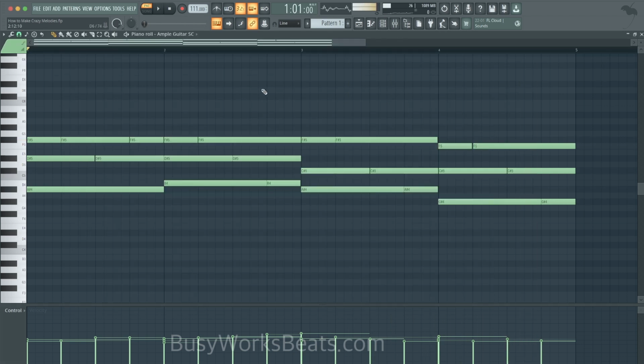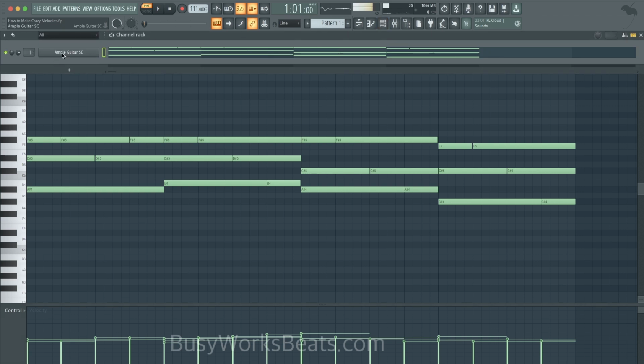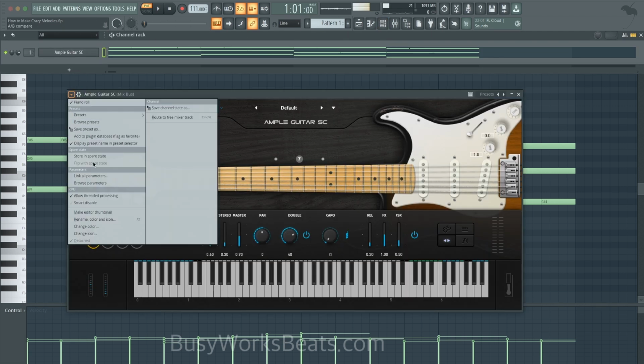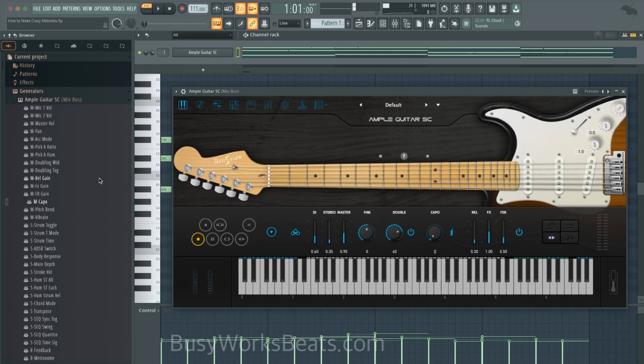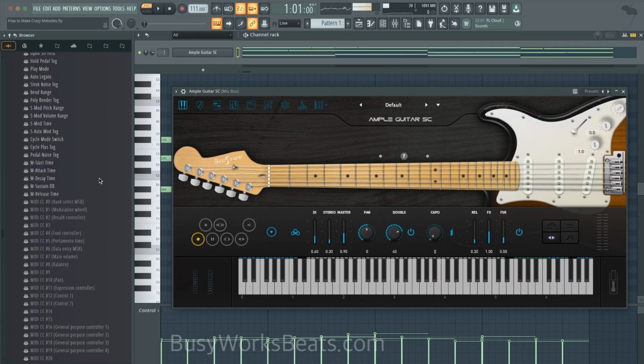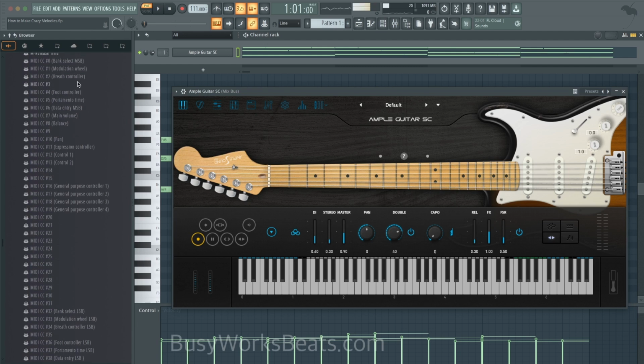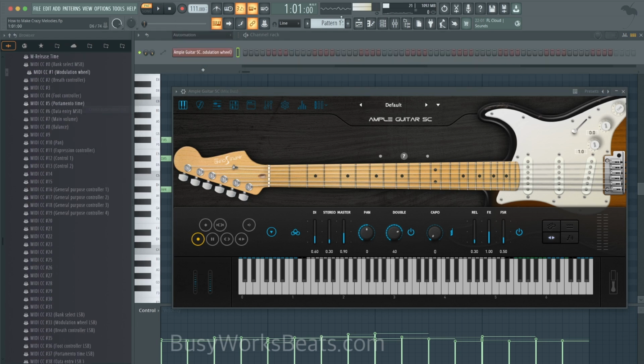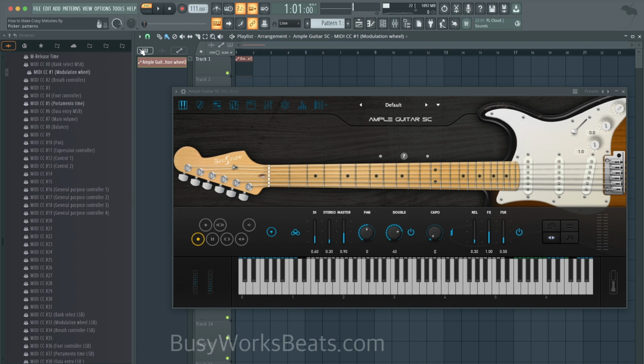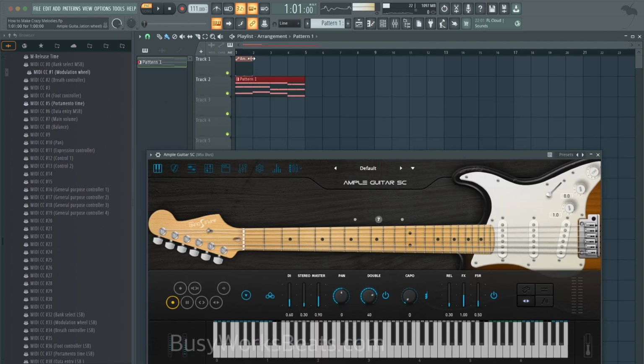So another thing nobody really talks about for this plugin specifically, and then we'll kind of wrap this video up, because this is plugin specific. Let's go to the top left, go to Browse Parameters. We're going to go down to what's called the mod wheel, and we are going to right click, create an automation clip, assuming you don't have a MIDI controller. We're going to grab this MIDI, drag it into the playlist. What we want to do is turn up the mod wheel value when we want vibrato.